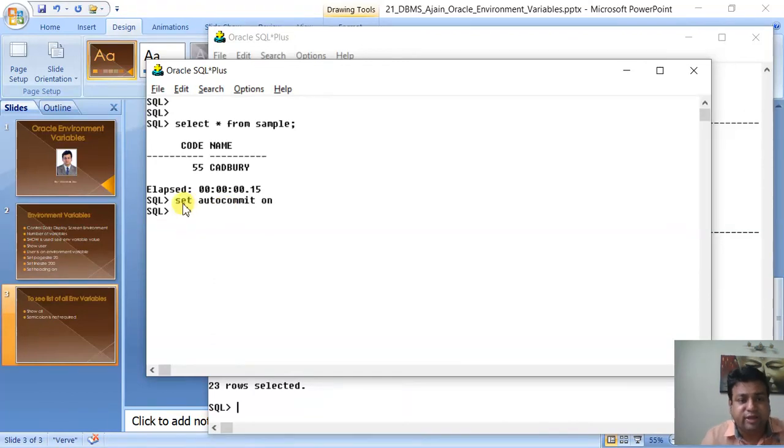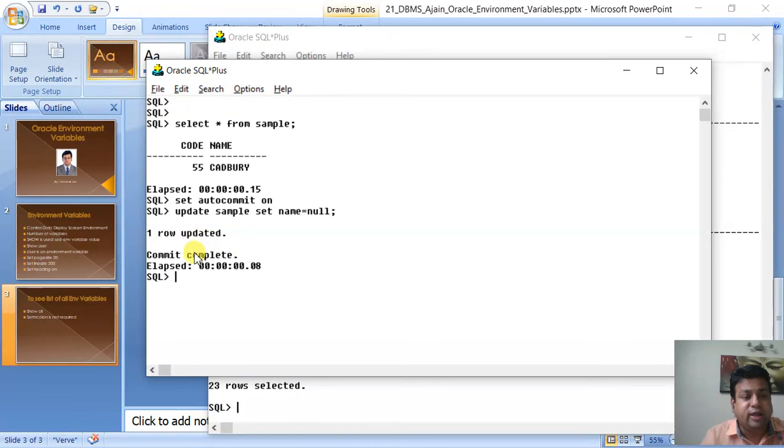Now it is a little bit dangerous. Why dangerous? Now suppose I type delete, or suppose I enter something, update sample set name equals to null by mistake.